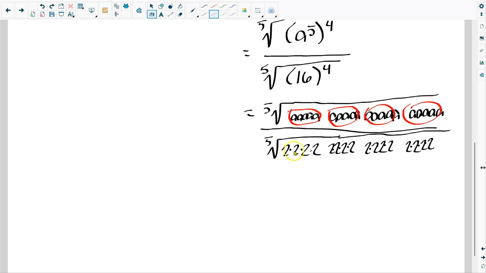So we only have 4. 1, 2, 3, 4, 5. 1, 2, 3, 4, 5. And this guy's left in there, so this is going to equal 1, 2, 3, 4, a to the 4th